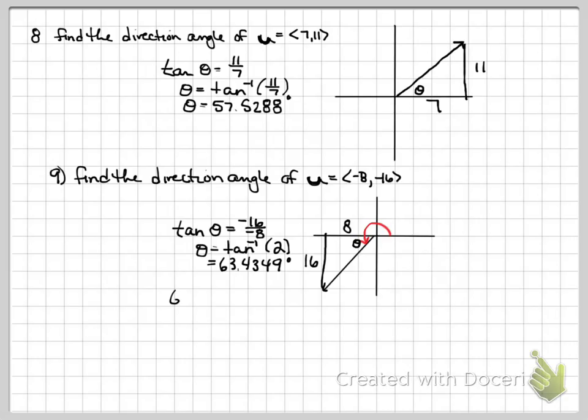So I'm going to add 180 degrees, and I get 243.4349 degrees. And there's my directional angle. Okay, so that's the notes for our first section on